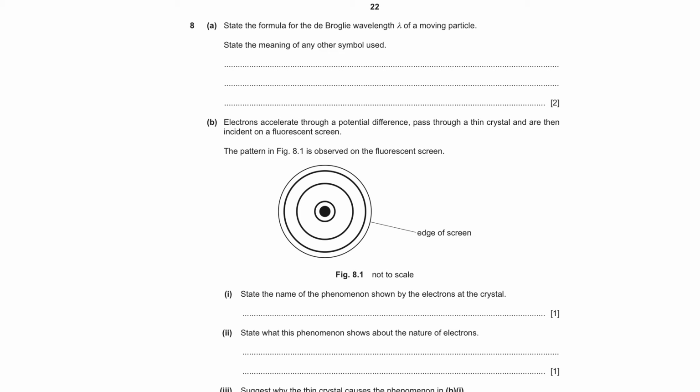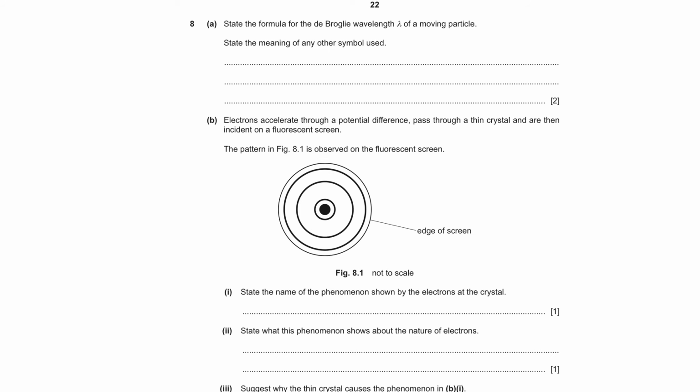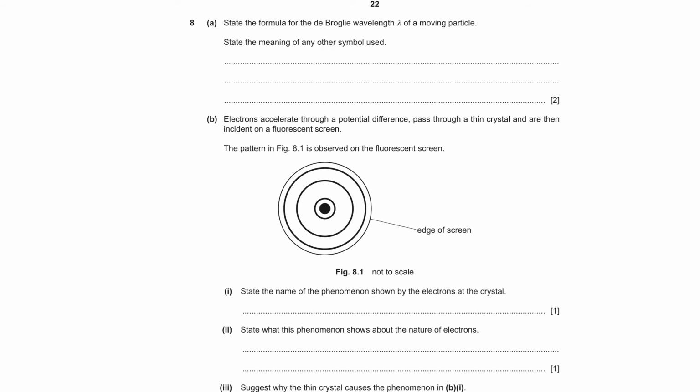Question 8 says state the formula for the de Broglie wavelength lambda of a moving particle. State the meaning of any other symbol used. So the formula for de Broglie wavelength is lambda equals h over p, where h is the Planck's constant, and p is the momentum